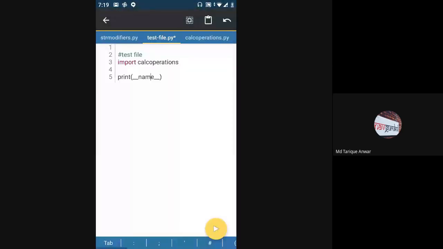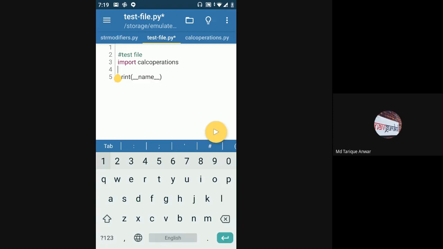The difference is that whatever file you are running, whatever file I have hit the run button on, in that file the __name__ variable will hold the value __main__.